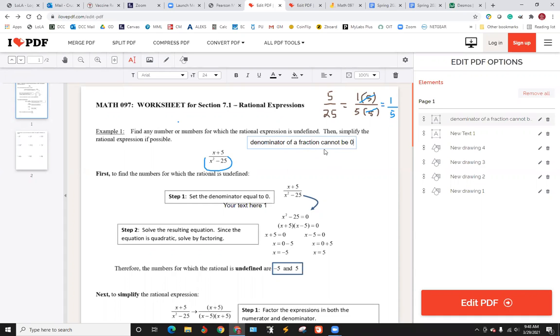All right, because that's what we call undefined. So we can't have a 0 down there. Now, in this particular case,